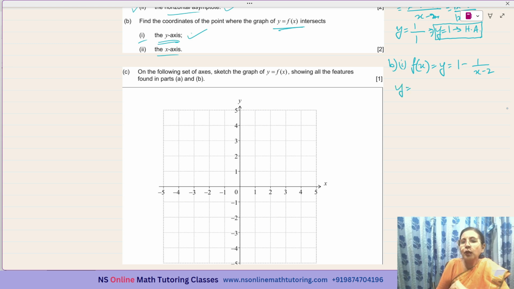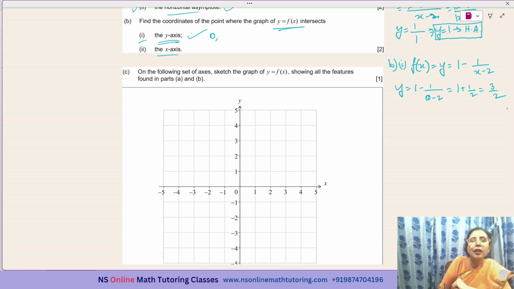So, y equal to 1 minus 1 over 0 minus 2. This is equal to 1 minus 1 over negative 2, which is 1 plus half, which is equal to 3 over 2. Okay, so the coordinates will be 0 and 3 over 2. This one. Okay, and for this one,